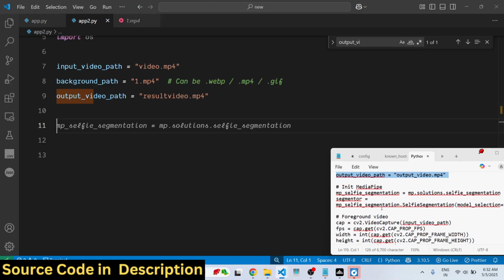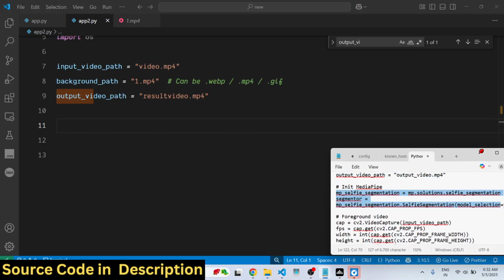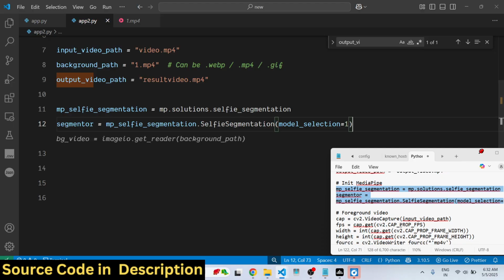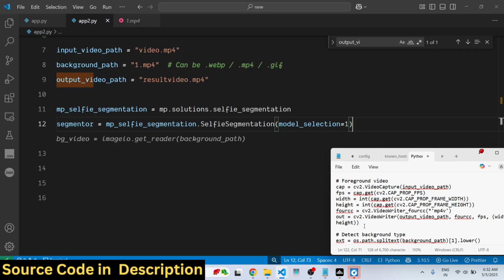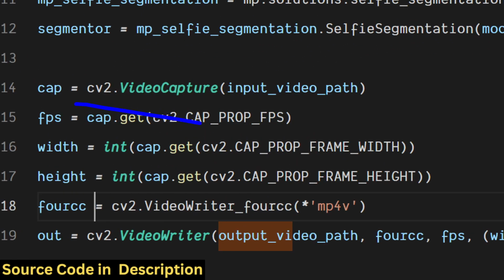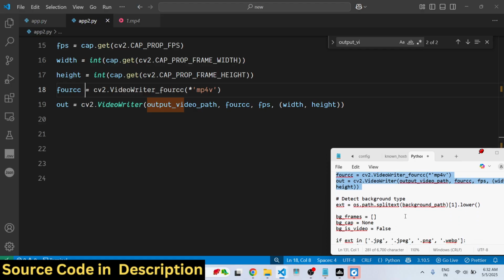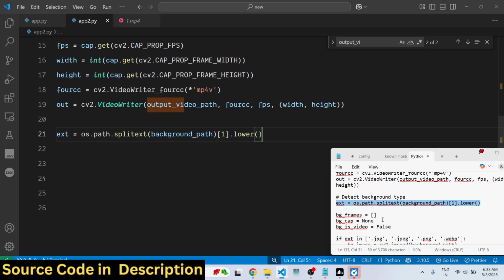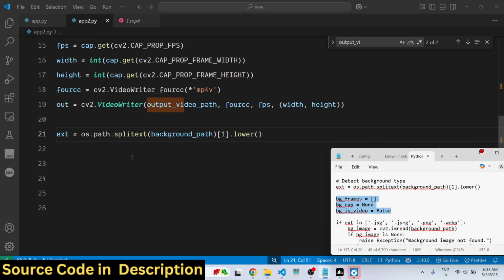After that, we initialize the Mediapipe model. This is really important, we need to initialize. Then we simply again use OpenCV to first of all remove the original background. All the code is the same. Then we just need to detect the background type, whether it's a video or an image, like this. Then we initialize it,